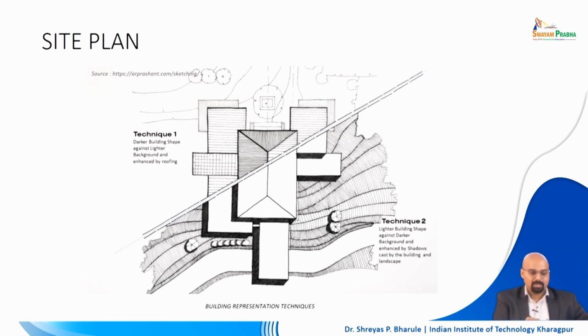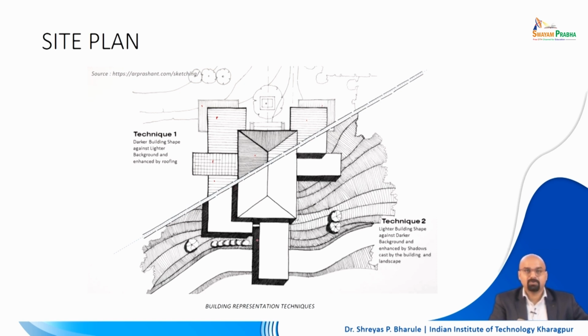So, here you have technique 1, right. In technique 1 you are actually hatching the building, you know. So, here it reads as a darker building shape against a lighter background, right. So, you are going to make the buildings, and wherever the level changes, you are going to represent it with a particular type of hatch, right. You are representing the planters with the expanse of the building, you are showing the center line of the building as well, right. Another technique is you do a lighter building with a dark background, right, and in this case